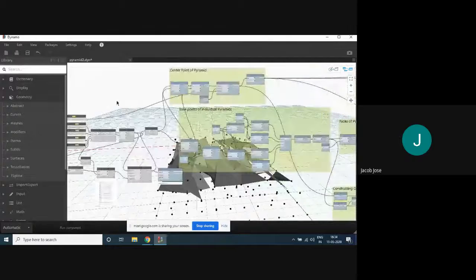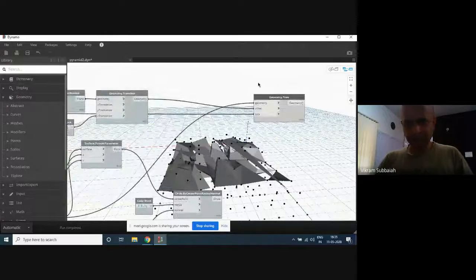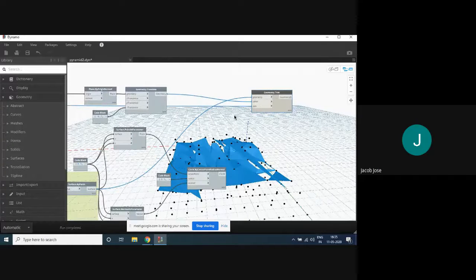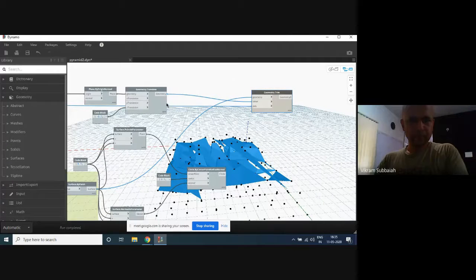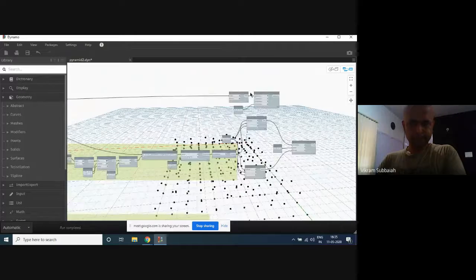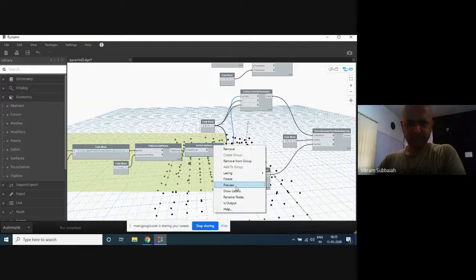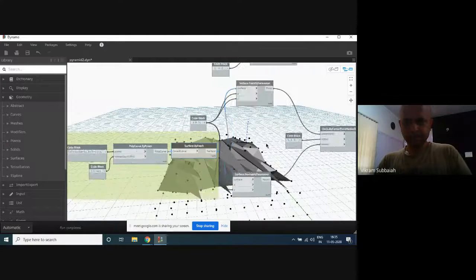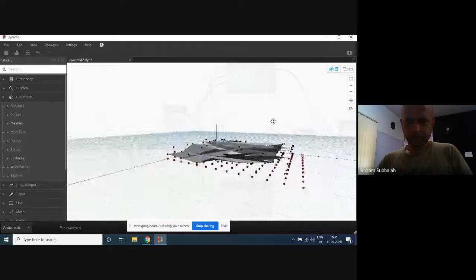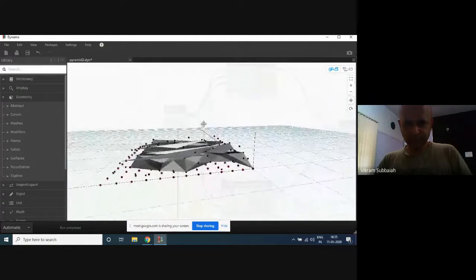Sir, I think the top points are messing it up. I think the trim is the problem. The top points, they are snapping it randomly. I think that's why. No, I think the trim is the problem. Nothing will happen randomly. Basically, it's all happening correctly, but something is wrong with the dimensions.